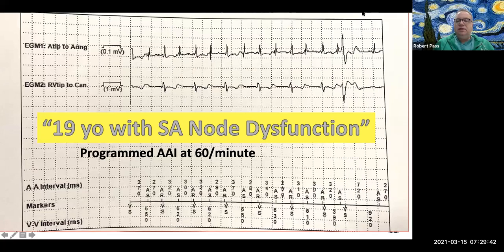So this is a patient who, by report, it says in the records, is a 19-year-old with sinus node dysfunction. Look at this, this is a download from a pacemaker remote monitor. This is the electrogram from the atrial lead, and this is the electrogram from a ventricular lead. And it says that the patient is programmed AAI at 60 beats per minute. And I guess my question,